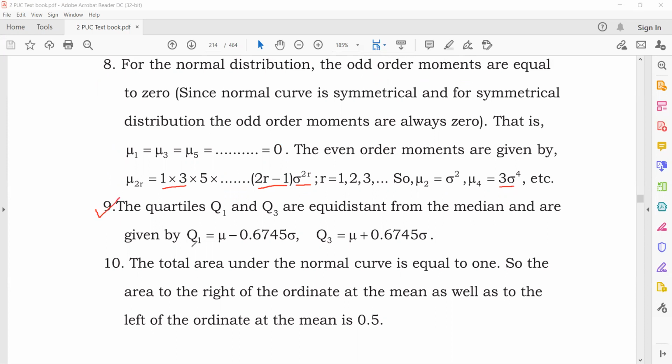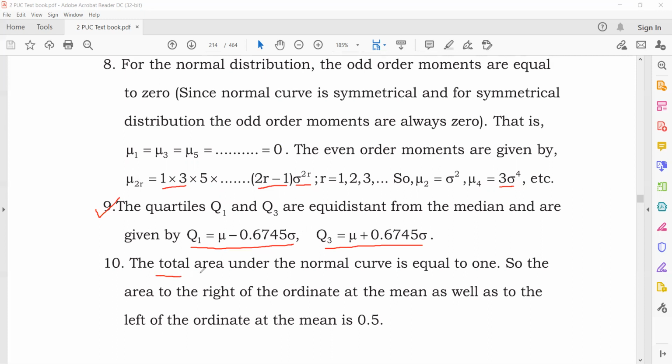Quartiles, we have actually not talked about how to obtain the quartiles for raw and other cases of the data. You need not worry. For a normal distribution, if you know the values of mu and sigma, you can have the quartile values. Similarly, you can obtain deciles and percentiles for the normal distribution, and you will plot the percentiles obtained from a sample data against the percentiles obtained from the normal distribution, and you can use that in producing the QQ plot.